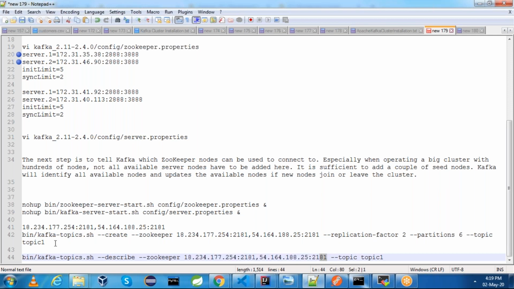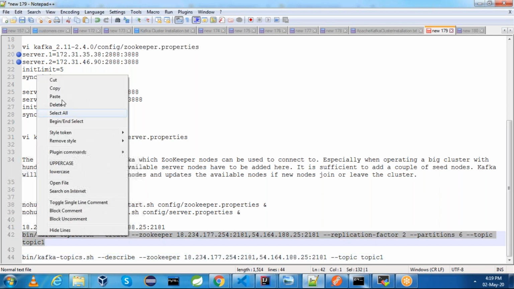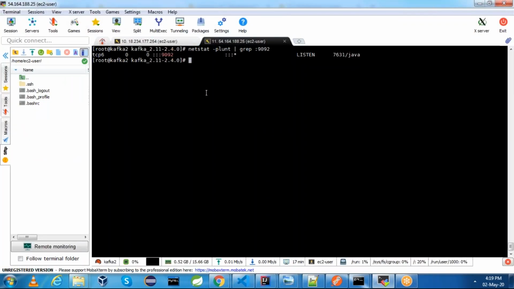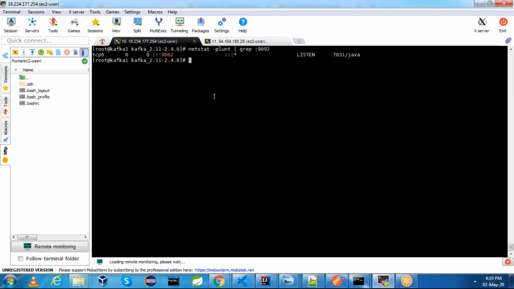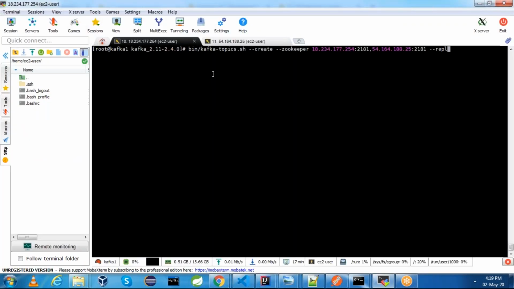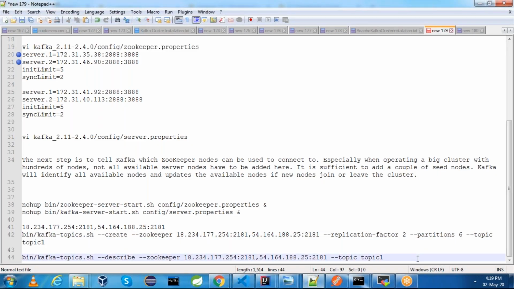I'm going to create topic 1. Let me go to the first machine and execute this command. Now it created topic 1, and if you see, our replication factor is 2 and 6 partitions are there. Let us describe the topic we created.